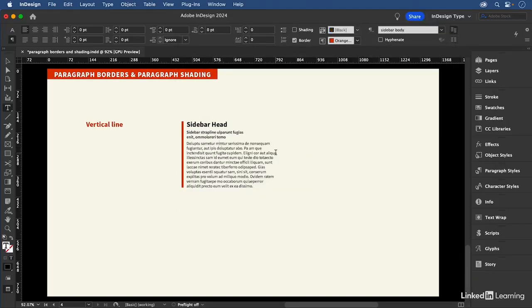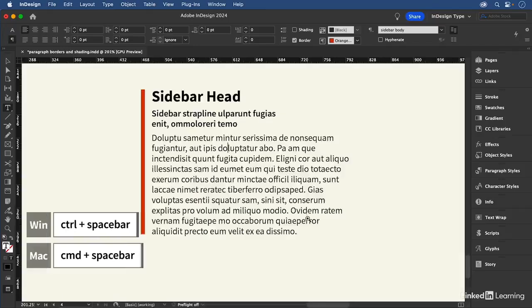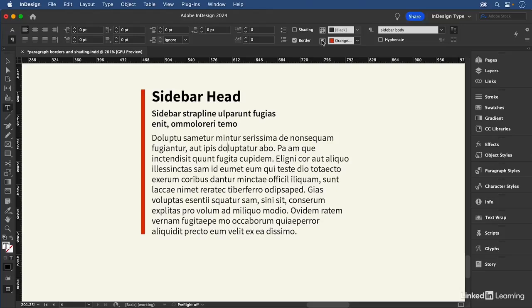Something else that I find very useful to do with paragraph borders is to create a vertical line that follows the type. We've seen how we can do this using paragraph rules if you want a horizontal line, but for a vertical line, we need a border. And the key here is that this is applied to 3 different styles of paragraph. And there is an option